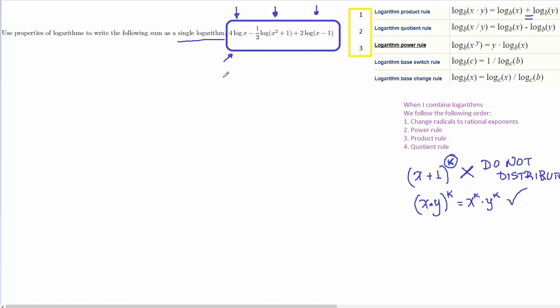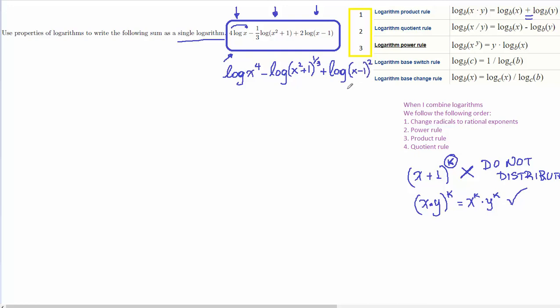So the first one will give me log with argument x to the fourth. So I'm using the power rule the other way, so I move now the 4 as an exponent to the x. Minus, the constant that I have is 1/3, and this will go as an exponent inside the argument. So I have log of x squared plus 1 to the 1/3, plus, and now I have the number 2 that I need to bring as an exponent here, and this will be log of x minus 1